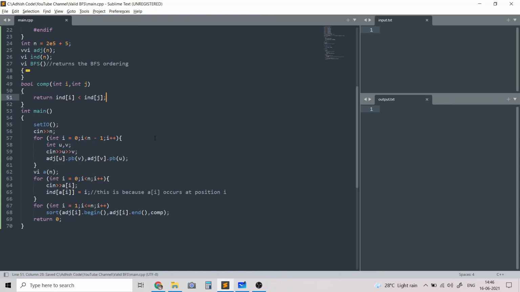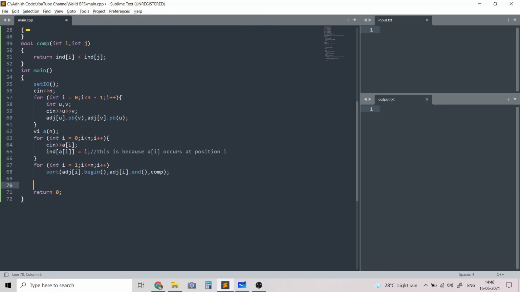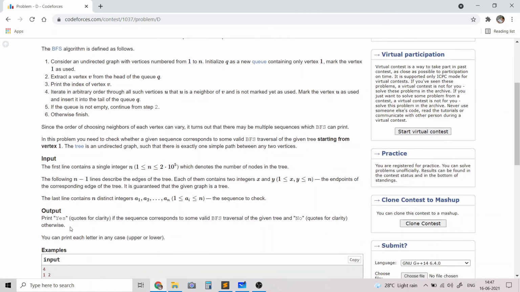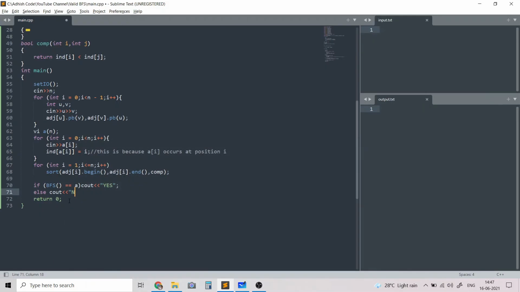Once we have taken care of the comparator, we can check if BFS is the same as A. We'll print yes, otherwise we'll print no, because they have asked us to print yes or no in the end.